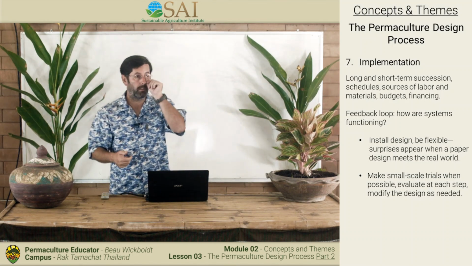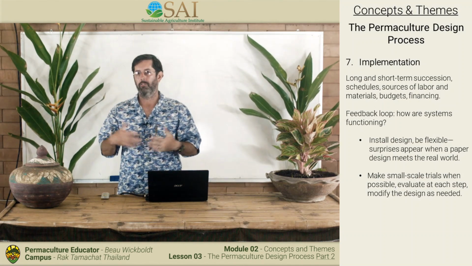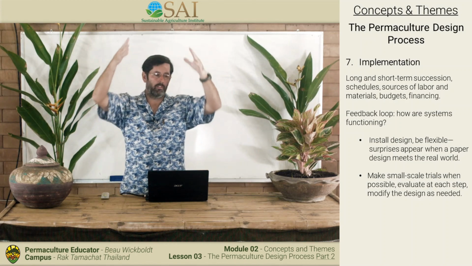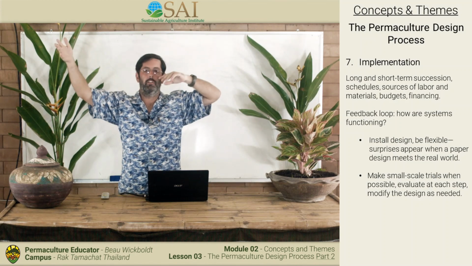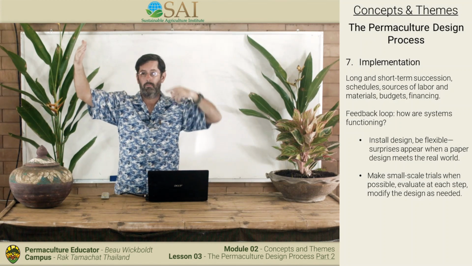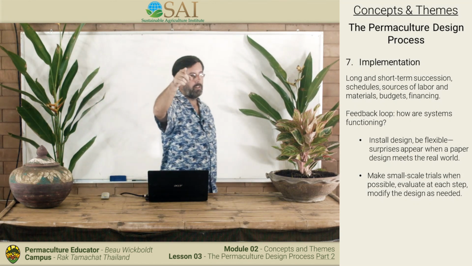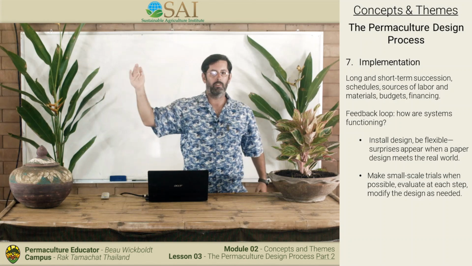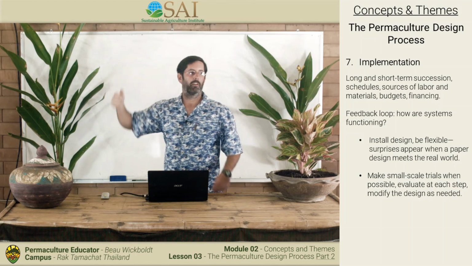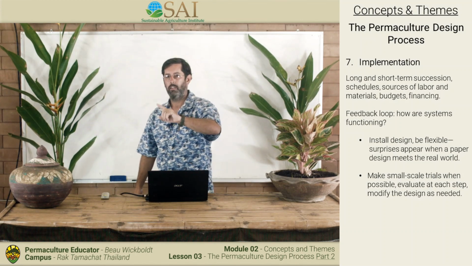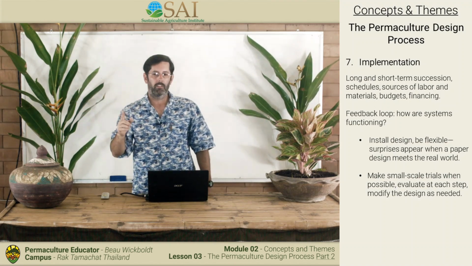I may even think about things like at Raktamachat, we built the buildings. There's no trees here. I had to build the structure, and I had to buy the rafters. But I know that in 50 to 100 years, the roof may need to be replaced. And instead of having to buy rafters again, I planted the trees in order to change the roofs on these buildings. So in the future community, I won't be here, they'll be able to change the roof by cutting down their own trees, right? And then at that point, they have to replant the trees. So in another 100 years, they can replant them. So that's a long-term tree.